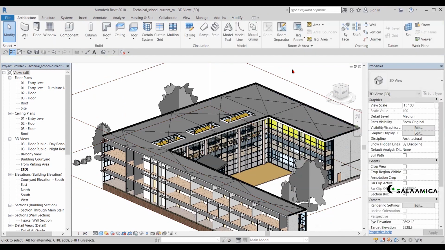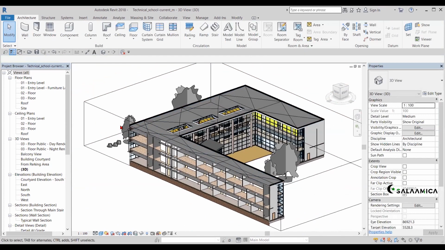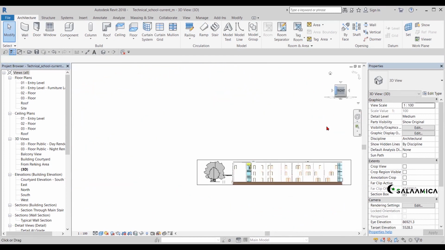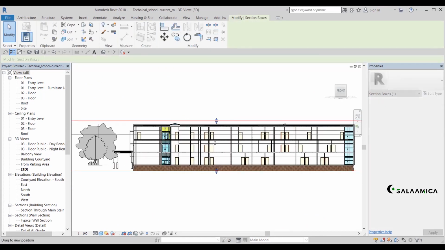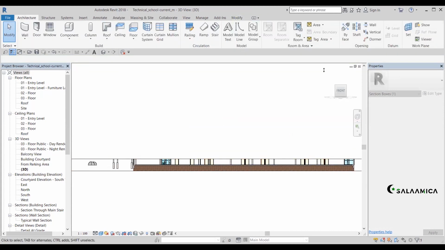My technique here is, if I need to cut the building horizontally, I usually go to the front elevation, for example, and cut. Let's say I want to see what's on my ground floor. And then I'm going to